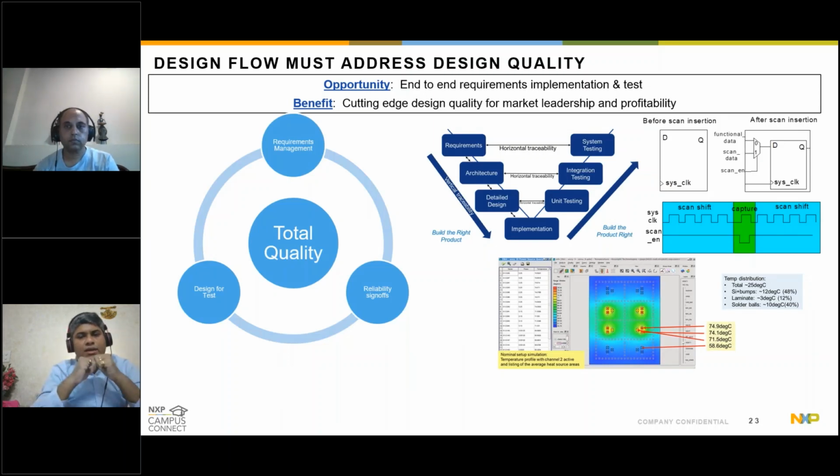Then about quality, you cannot just design for the sake of fun. It has to be robust, as we said. So there are different vectors to talk about, whether it is requirements management. I can spend 2 hours only on this topic. That's not the intent. Here again, I'm just scratching the surface. There is something called a requirements management methodology. You should look up and read up these methodologies. There's something called DFT. Anyway, we'll cover more in detail in the subsequent slides.